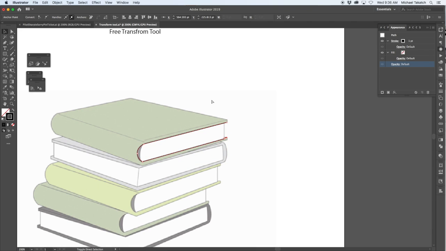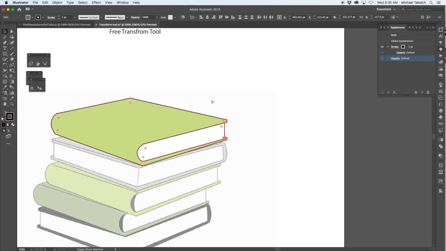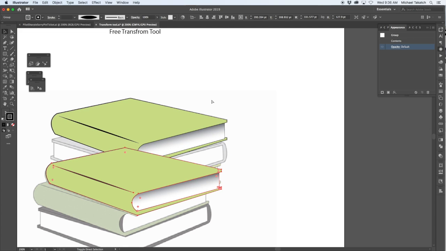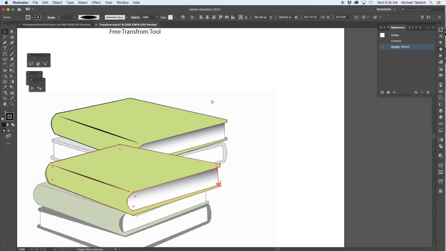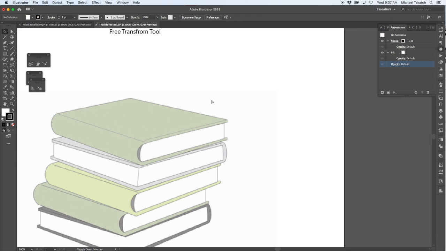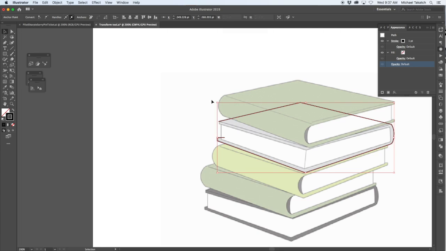And then as you get one side illustrated, try to rotate it around to the back side. Use the shape builder to build the one character, just putting a line with a profile that might give it a little bit more detail, and then duplicating it. And each time you duplicate it, you can double click to get into the isolation mode and just change the color. Once you have all three of them, just hide them and take the book that's flipped the other direction